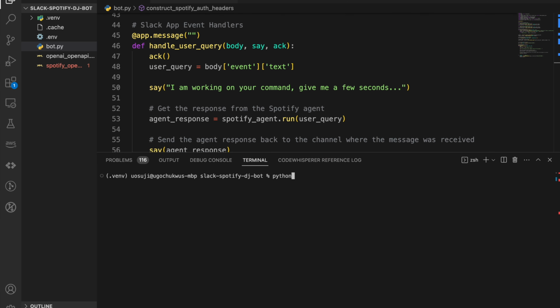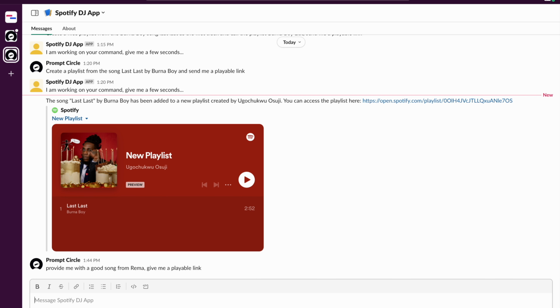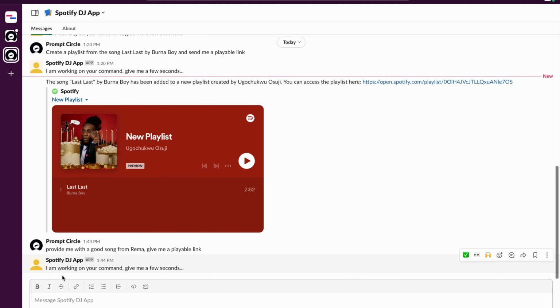So go ahead and go Python 3 bot.py, and that should start our application. So we see Bolt app is running. So now let's go into Slack and make a request. So we're gonna go ahead and say, provide me with a good song from Rema. Give me a playable link. So now when I send that message, first we see our initial confirmation telling us that it's currently